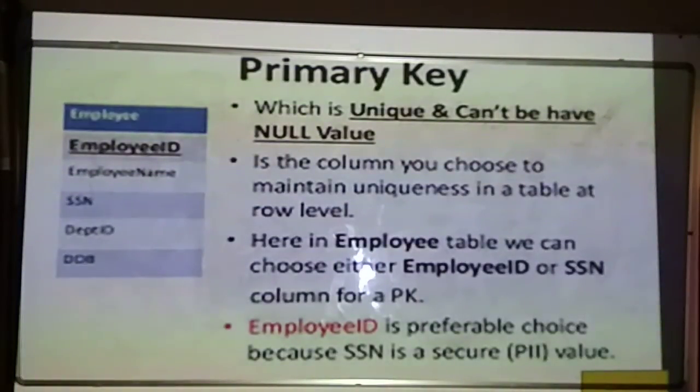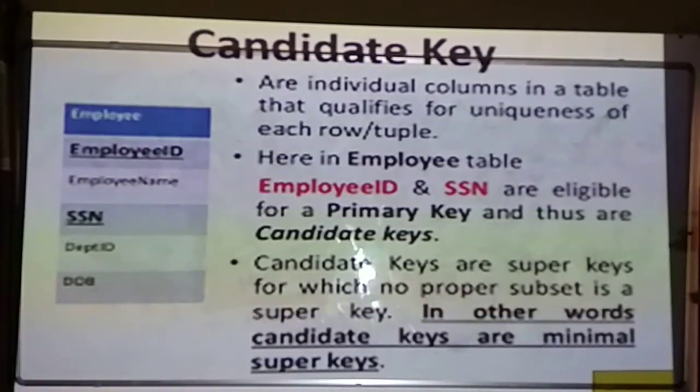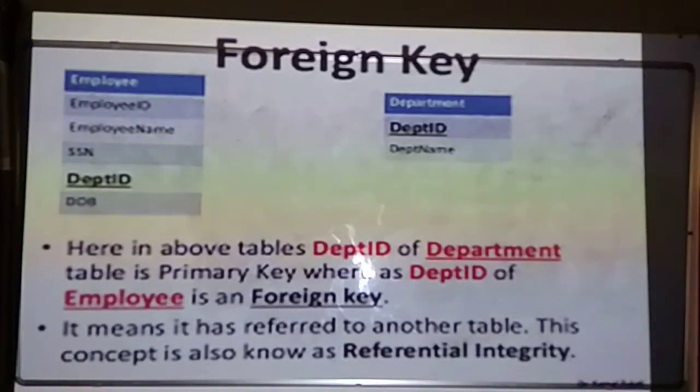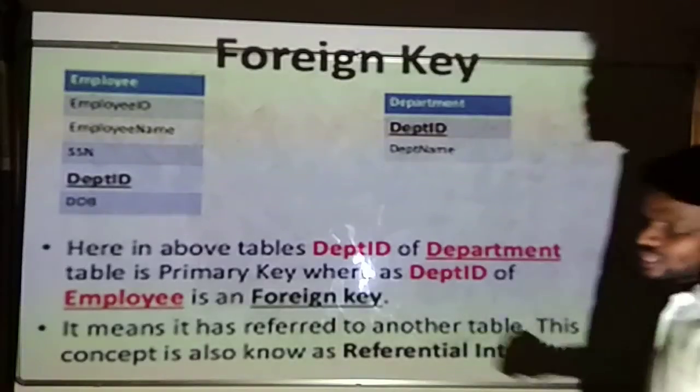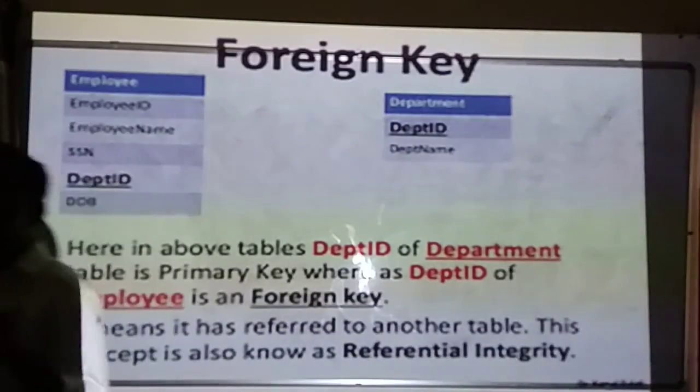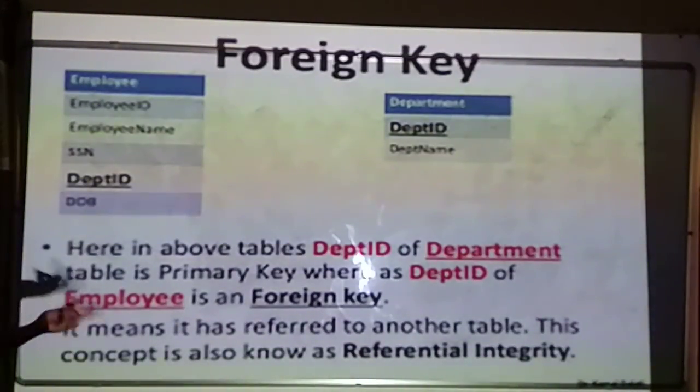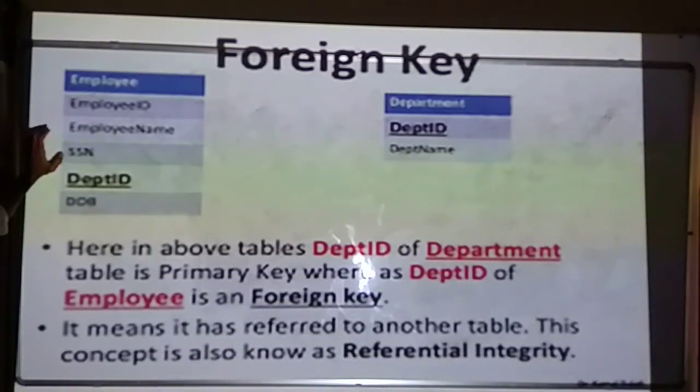Okay, and then in the previous slide we have discussed the candidate key. If you are not comfortable creating a primary key with a single attribute or as a single column, then you can take subset of super keys in order to create a primary key, so that will become what? Candidate key. And now the next one is foreign key. As we have said that by using the keys, we will be creating the relation between the tables in the first slide itself. This is the proof of that.